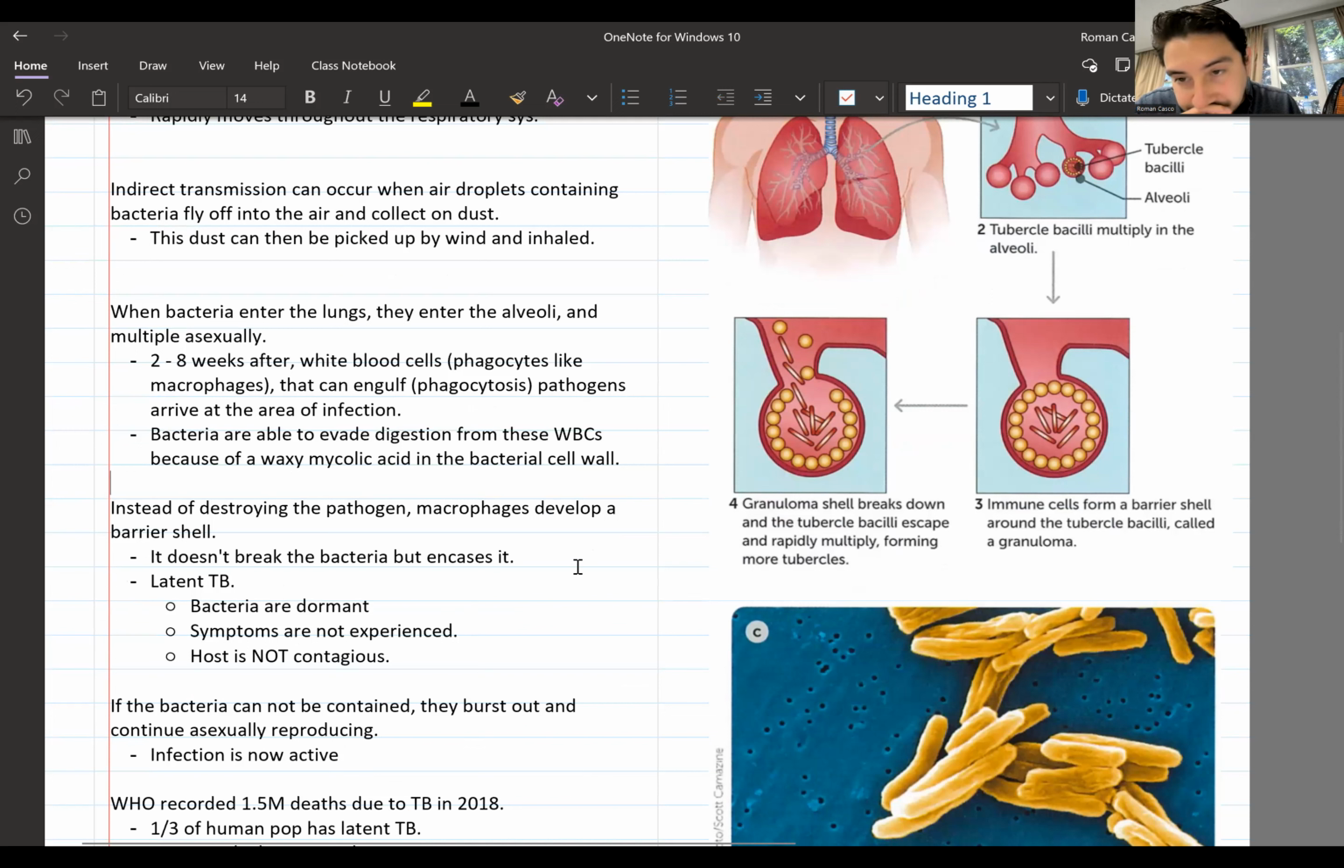Okay, so yeah, it could have different terms, right? It can also be referred to as a granuloma, more specifically. So these barrier shells, right? This encapsulation,